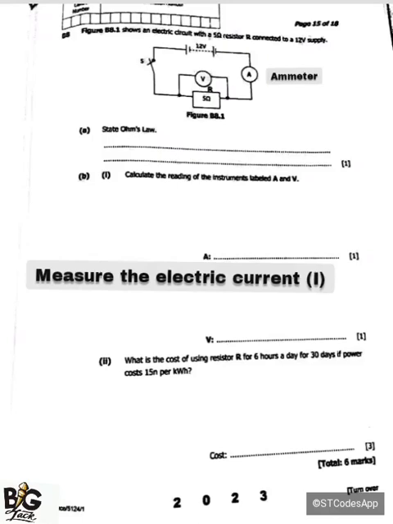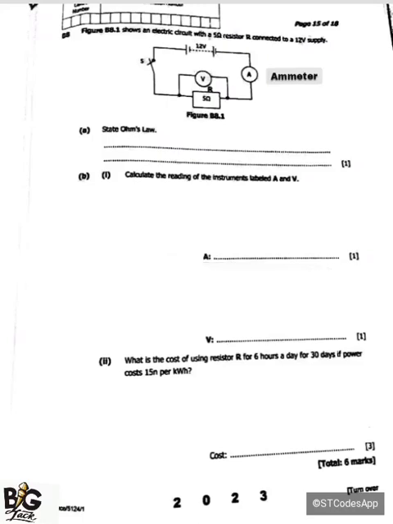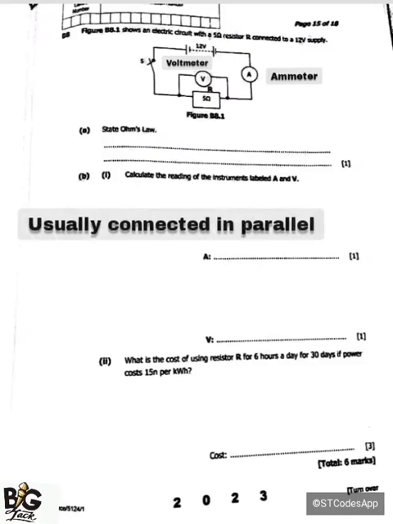So the electric current is denoted by capital I. As for electric current, it is measured in amps or amperes. Then as for instrument V, it is called the voltmeter. And the voltmeter is usually connected in parallel. So the function of the voltmeter, or the use of the voltmeter, is to measure the voltage